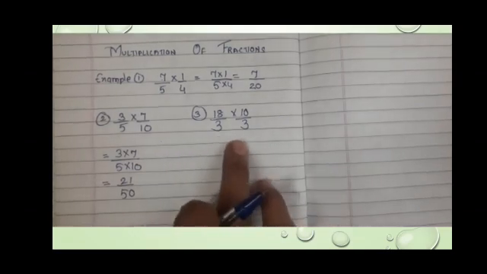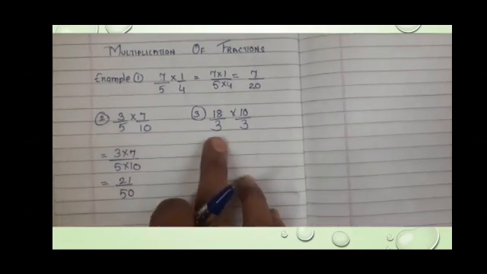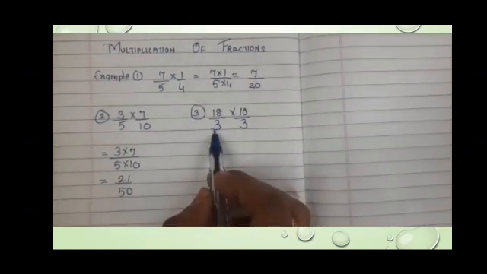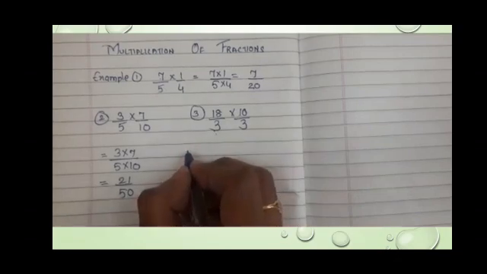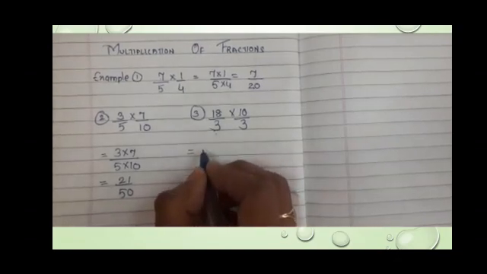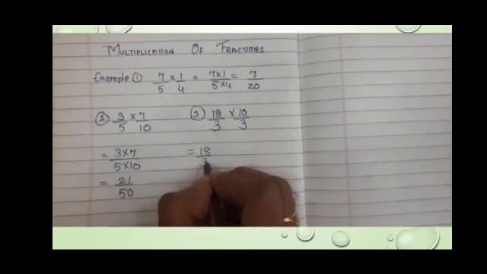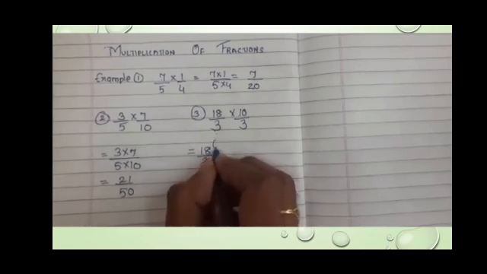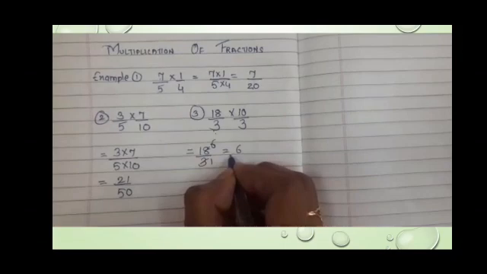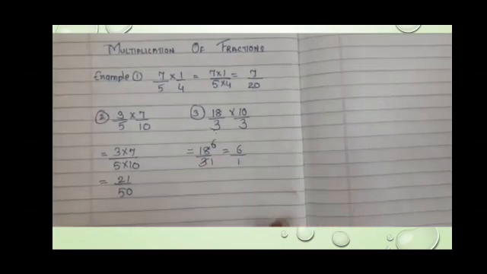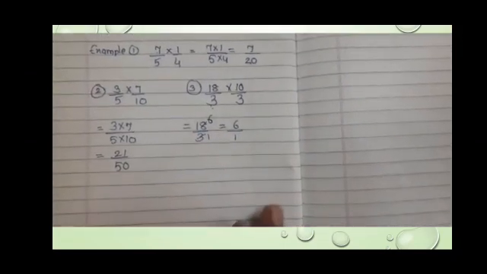Now this you can solve by two methods. You all can see 18 upon 3, as 18 comes in the table of 3, so you can reduce this fraction first. Now let's see. If you divide this fraction by 3, 3 ones are 3, 3 sixes are 18. This is the cutting method. So your 18 upon 3 became 6 upon 1.